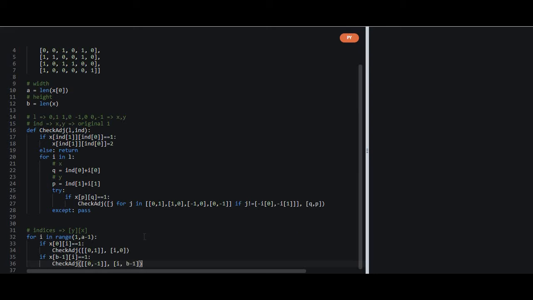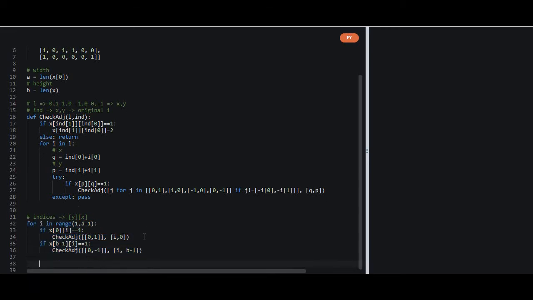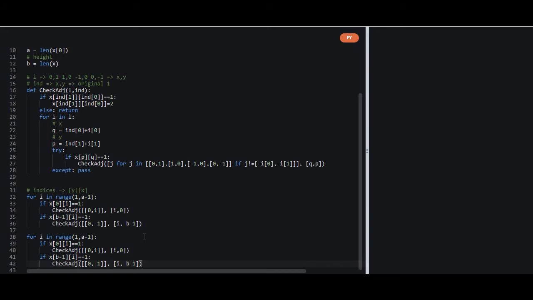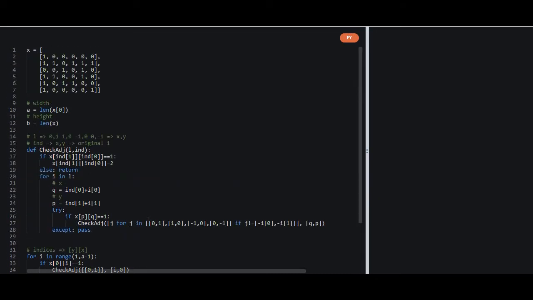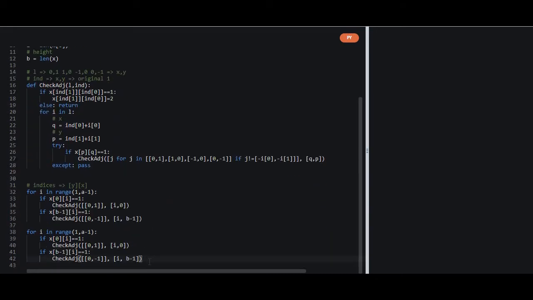Yeah. And now we have checked for the rows. Now we will check for the columns. So the loop for the columns will also be similar. Even though the code is quite lengthy, the code output will be quite fast. So we cannot judge a code by just its length. There is a possibility that the code is long, but the output is very fast.